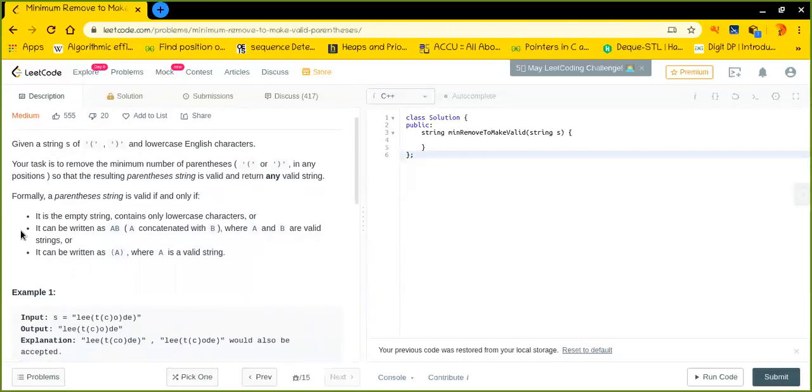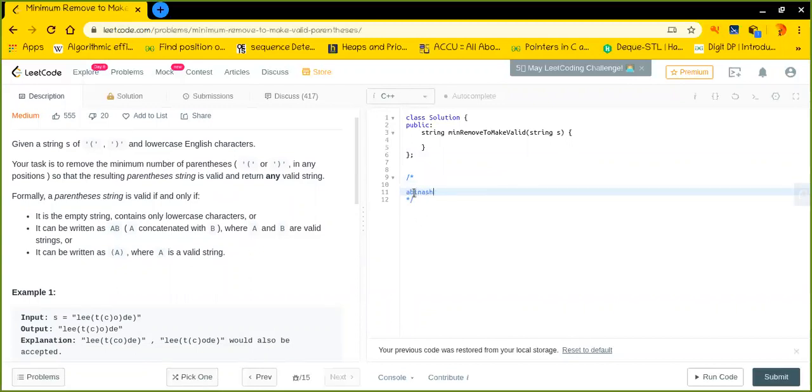The second condition: if it can be written as simple concatenations of some characters, or if there is no parenthesis found in the entire string, then this string is also a valid parenthesis string. For example, let's say my name.